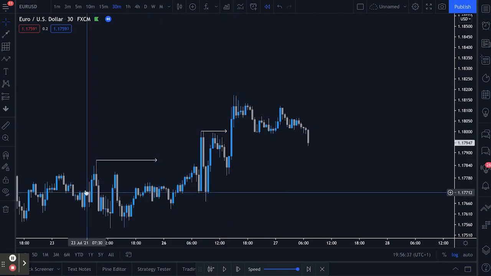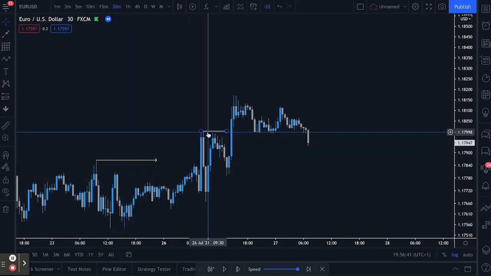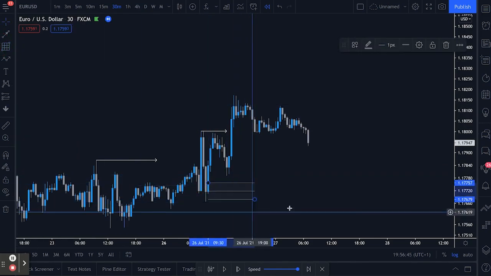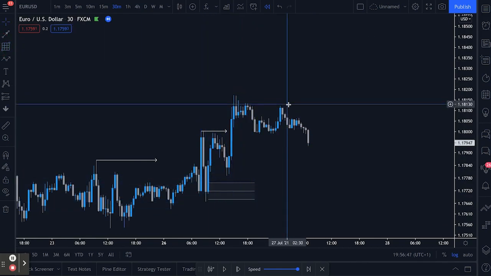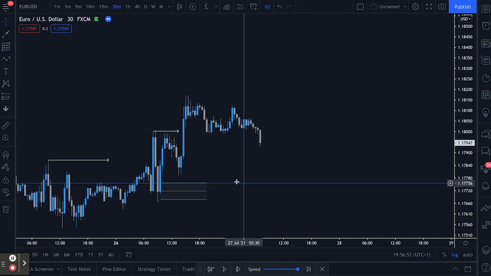So as we can see, we have, of course, the high here, then we have the low point of the market in here, then we have a higher high, and then a higher low. So we can mark this region generally as a higher low. Then we have another higher high. So now what we can expect is the market's going to come down into the higher low and form a